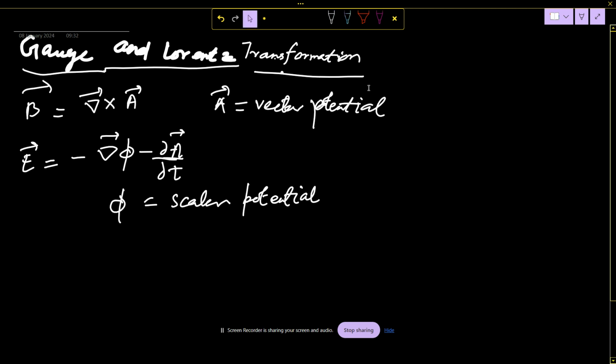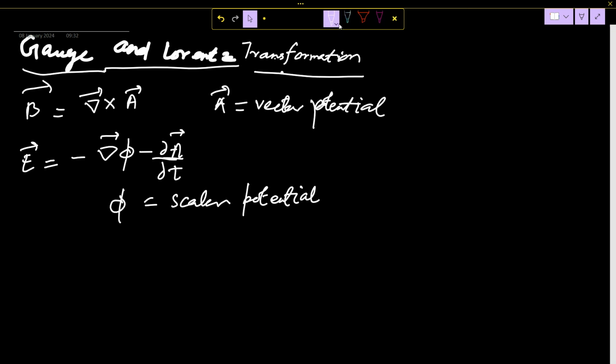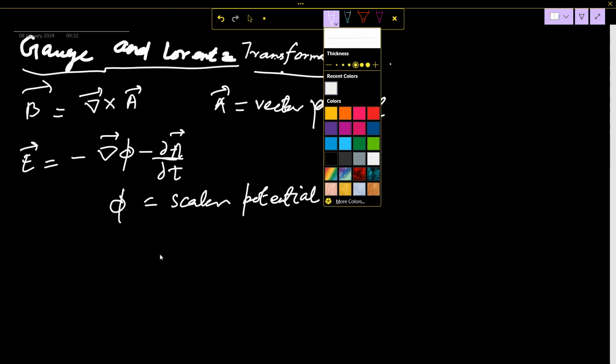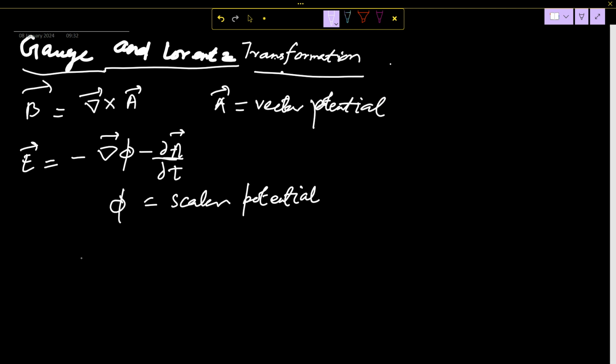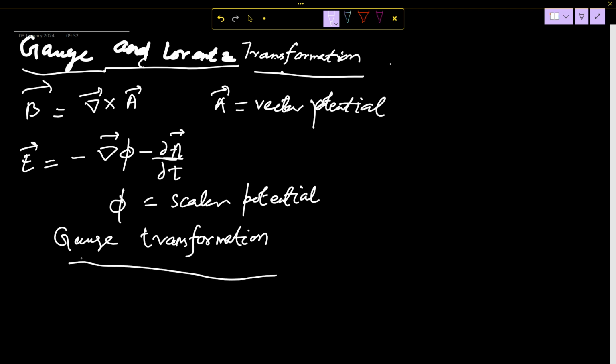So, what is the Gauge transformation? The Gauge transformation is what? So the Gauge transformation will be